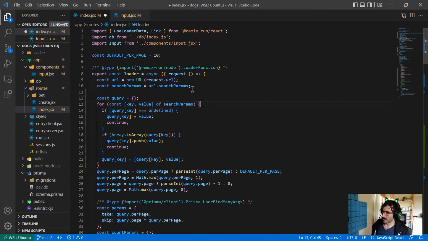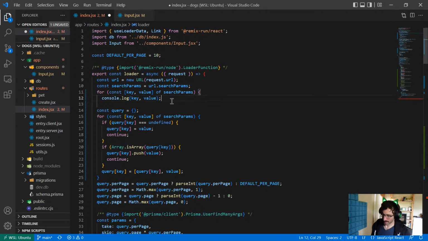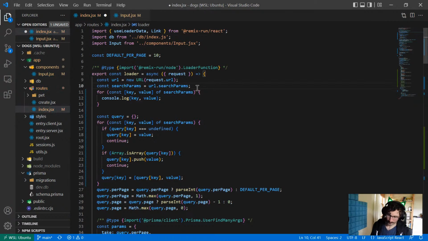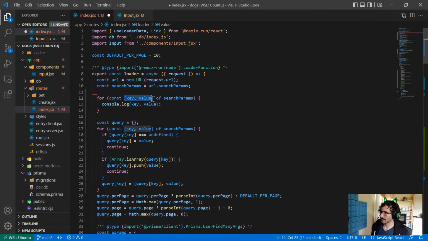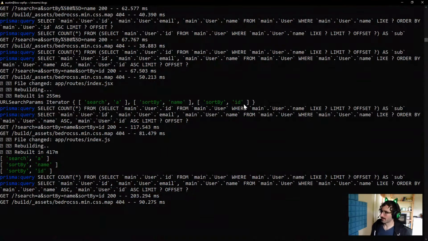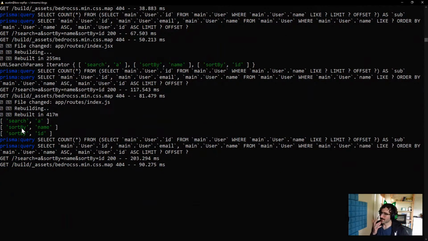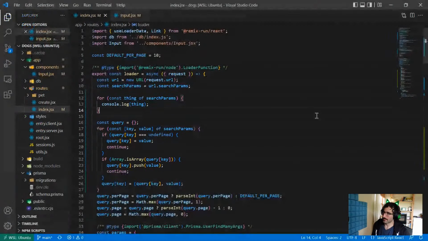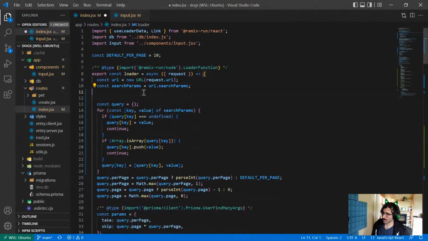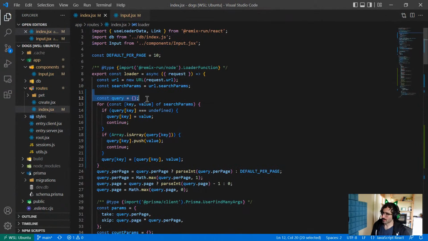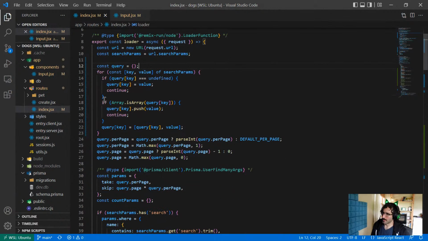I'm going to grab that, and we can essentially loop over each of these and log the thing. If I log that thing, I see, well, I guess it's not technically an array. It's key value pairs. But then what I'm doing is I'm constructing a query that essentially creates an array for me if